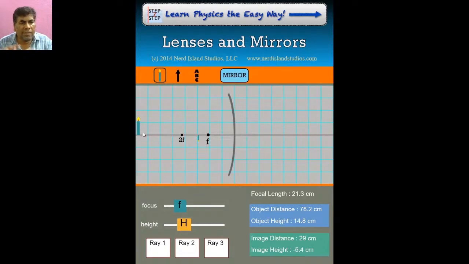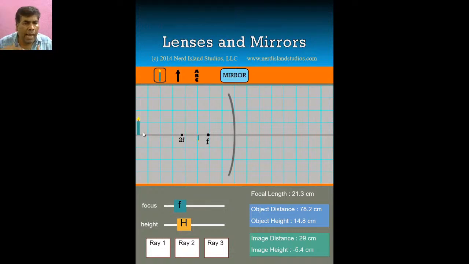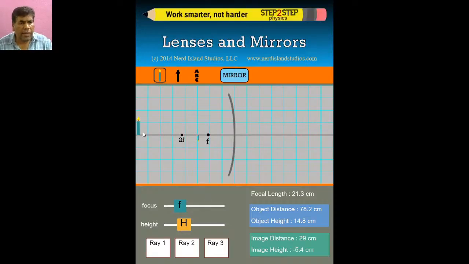Now what is our main concept? If the object moves, what happens to the image? We have taken a candle placed in front of a concave mirror. Now I am moving the candle nearer to it and farther from it. What happens to the image of the candle? Because based on this only, we have constructed rear view mirrors of vehicles.